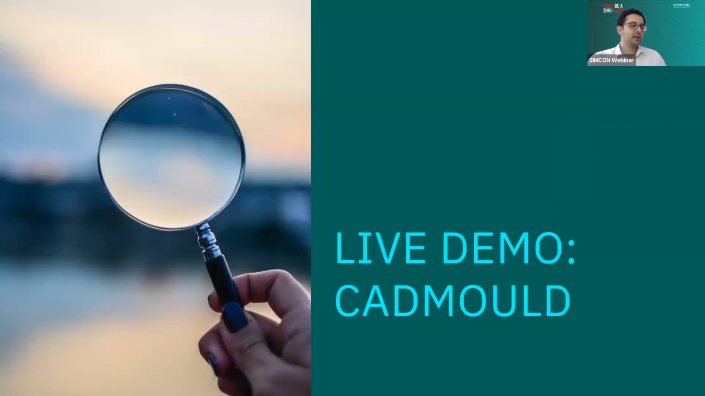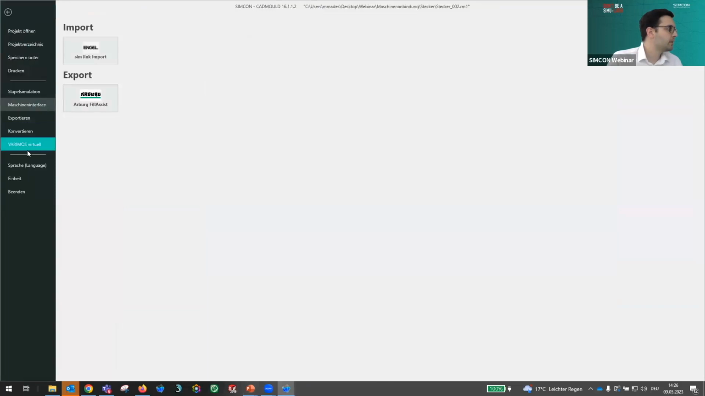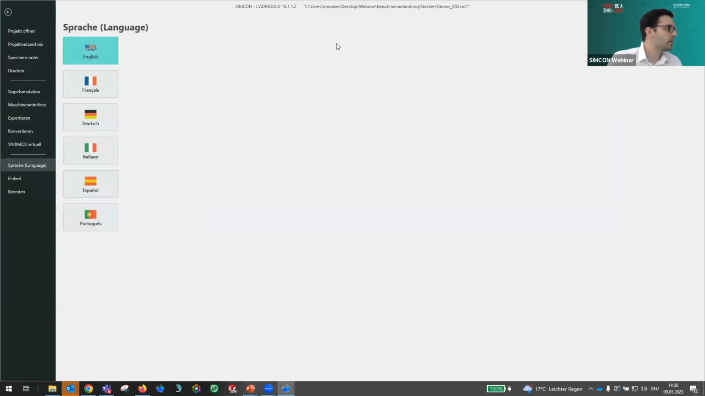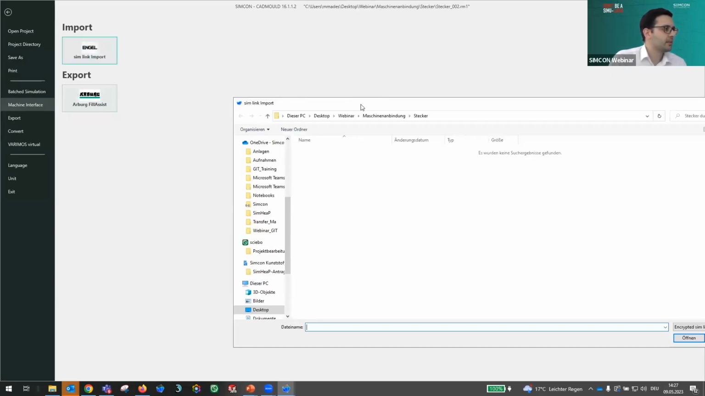The next part is where I want to show you live in CADMould where the connectivity modules are found. And for this, I will go to CADMould. And here under Start and then Machine Interface, you can find the buttons for Symlink and ABOK Fill Assist. The Symlink import, if you press it,